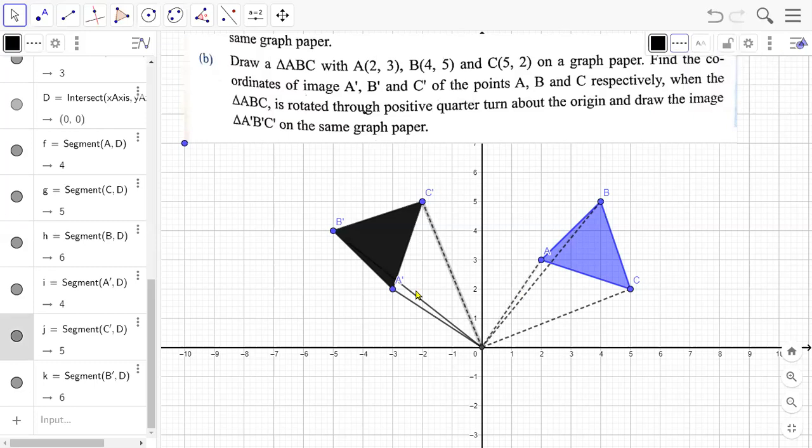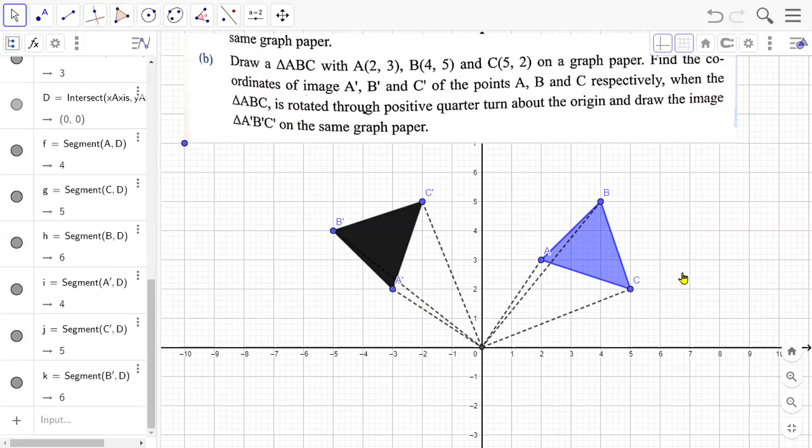Okay. Yeah, let me just change all these lines to the dotted lines. Here I am doing. Okay. Here. This is the next step. The next step is just connecting all the vertices to the center. Here the center is the origin. So we have just connected all these vertices to the center.